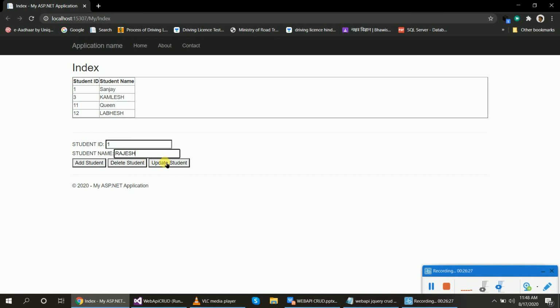Click on update student. Our data is updated in the first row. Suppose I want to update the third record. In the third record, in place of Kamlesh, I want to write the name Anil. Click on update student. The third row is now updated with Anil.